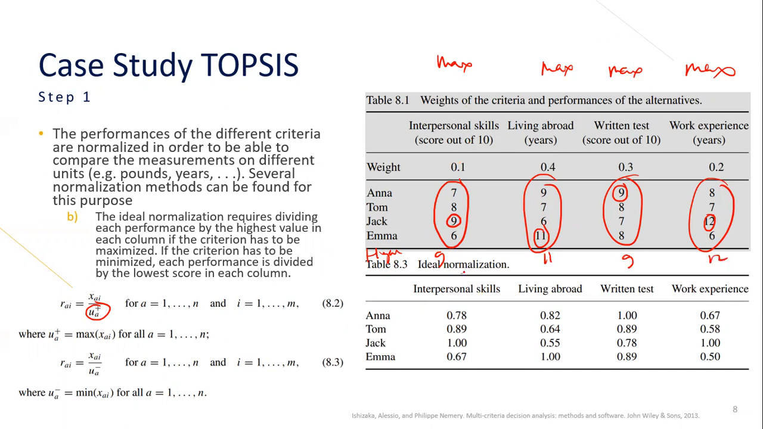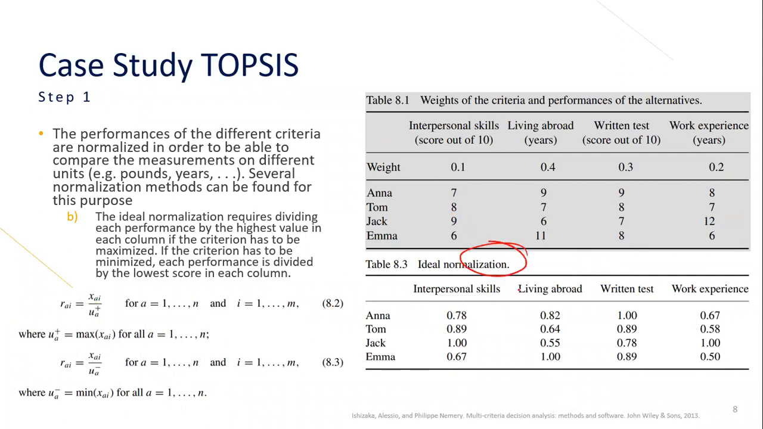Now, for the normalization, you need to follow this one. XAI divided by the maximum one. So this one, for example, XAI is 7 divided by the maximum UA plus, so this one, 9. 7 divided by 9, you get this one. What about this one? This one is 9 here, divided by what? 11 here. Okay, then do that for all of them, and you will get the